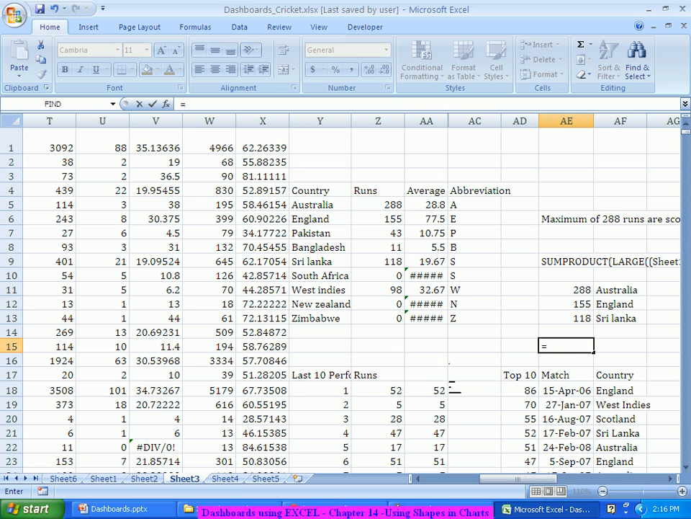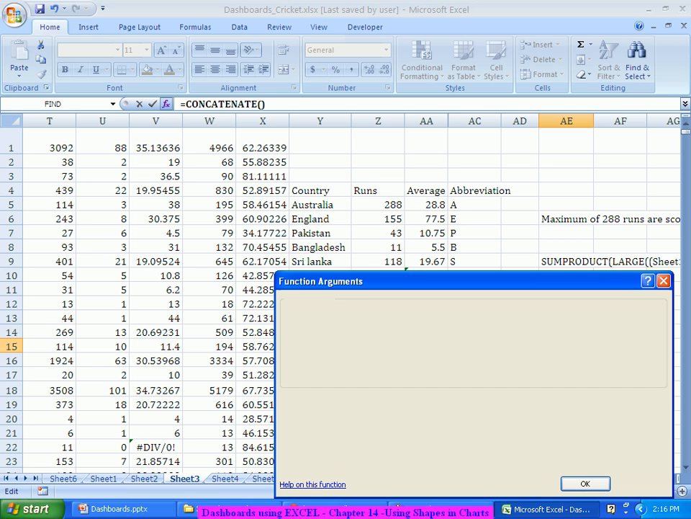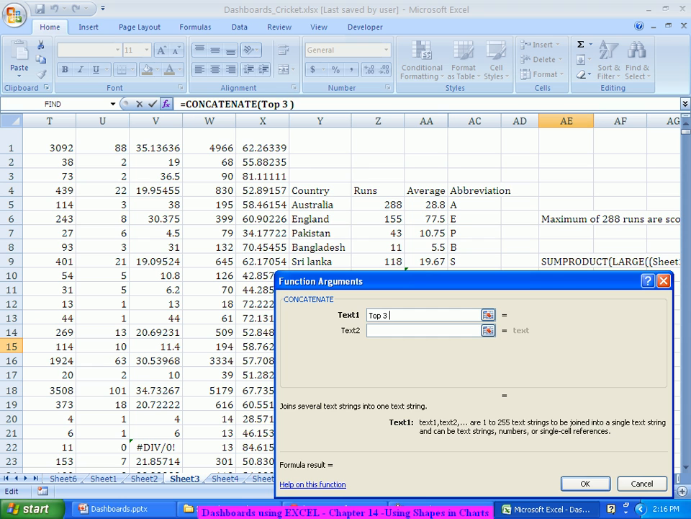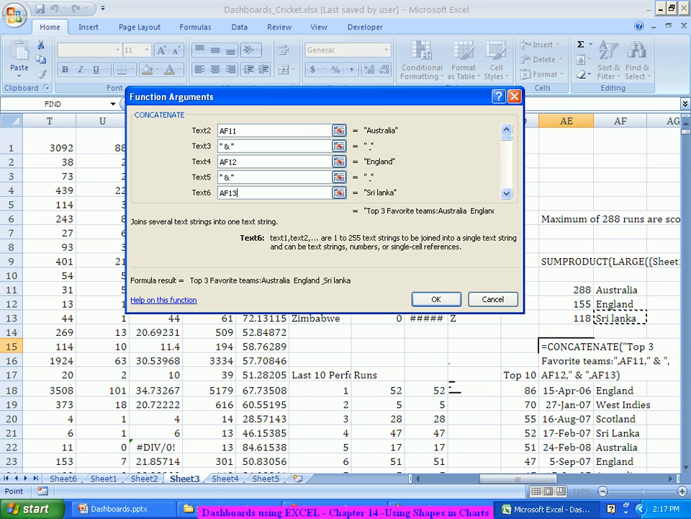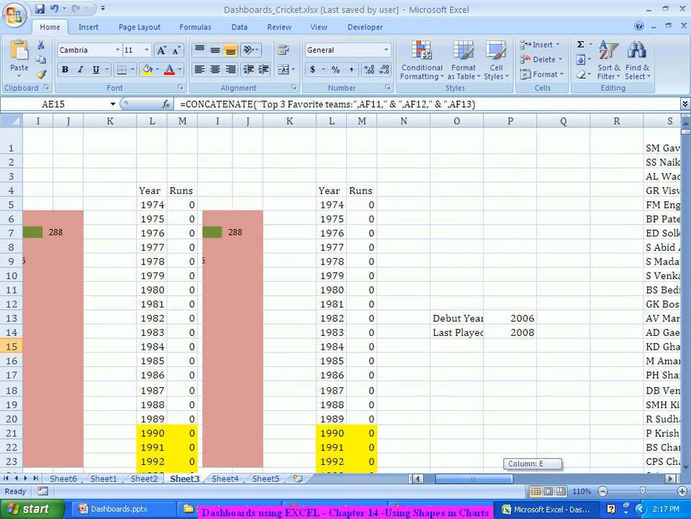So I'll say concatenate once more again. I'll simply say concatenate and I'll use, okay, top 3 favorite teams for this person, right? Then I'll put Australia, and just the spacing, Australia and England and Sri Lanka. Now you will get Australia, England and Sri Lanka, and probably what you can very well do is bring it